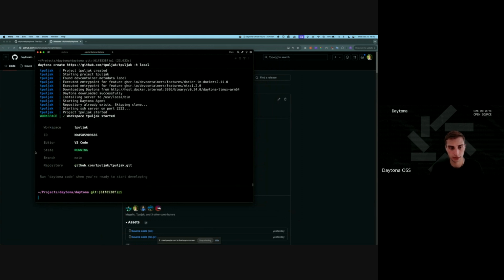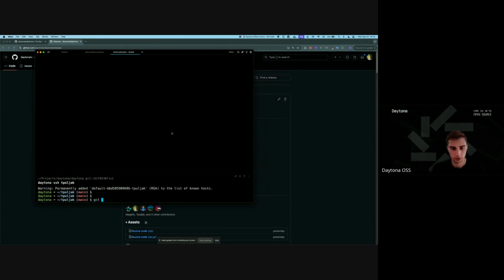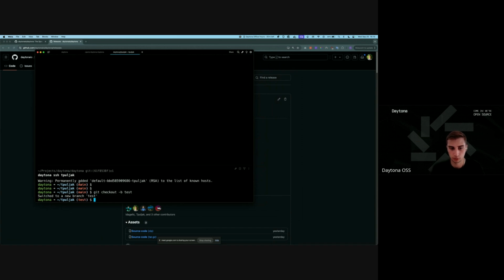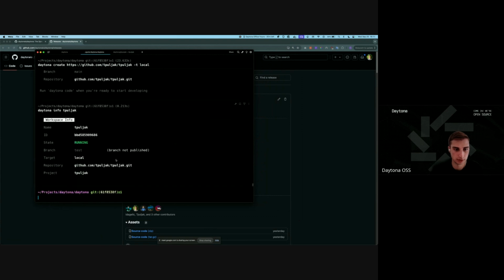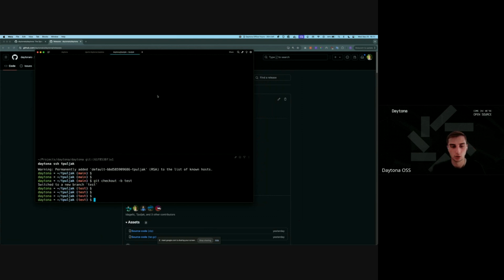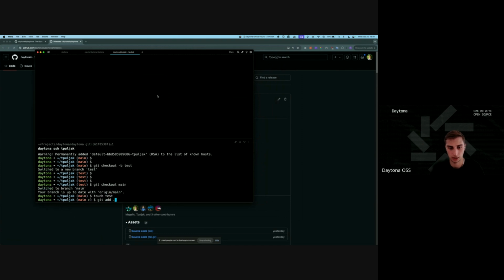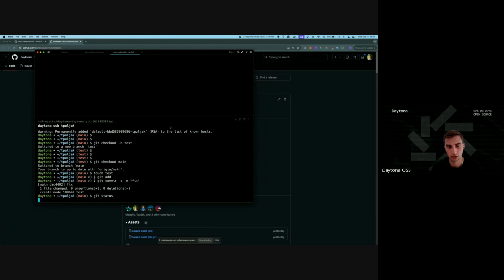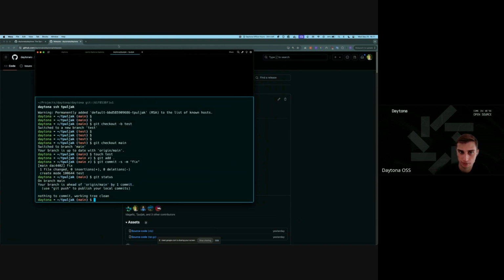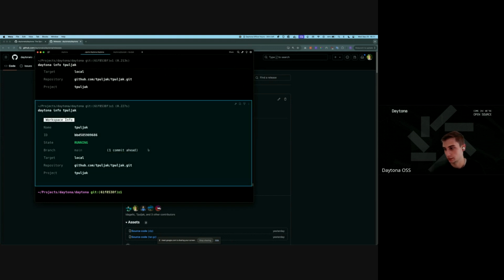So now, as you can see, it's just the branch main. I'll just open up another terminal and say Daytona SSH this. And I can say, okay, let's check out test. And now this branch doesn't actually have an upstream. Now if we do the Daytona info this, you can see, okay, now the branch is not published. Or if we switch back to main, so git checkout main and say, okay, touch test, git commit fix. And now if we do git status right here, you'll see that it is actually ahead of main by 1 commit. And here, if we do Daytona info again, it should say 1 commit ahead because it is ahead of